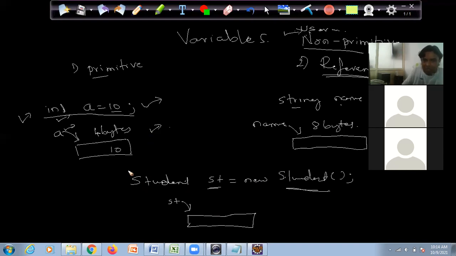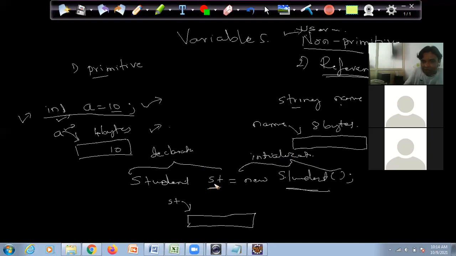So in this entire variable statement there are two parts. This part is called declaration, correct? And this part is called initialization, correct?